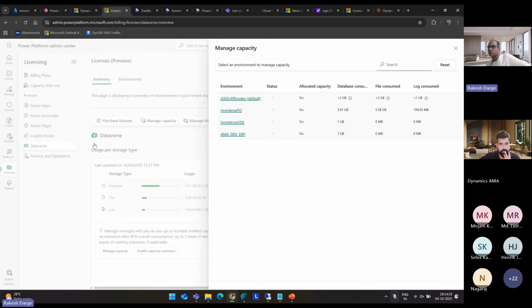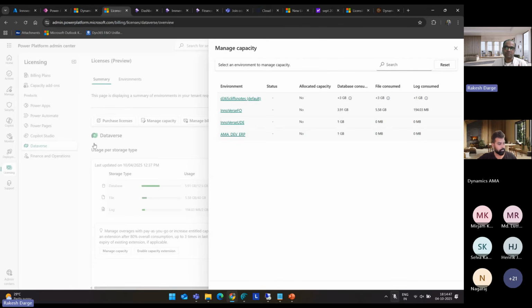In most of the implementations, probably you would have seen that we will have either the customer engagement app or custom Power Apps deployed alongside the implementation of the finance and operation app. As the capacity-based model contains a good amount of space for the finance and operation app database size as well as the Dataverse, right?